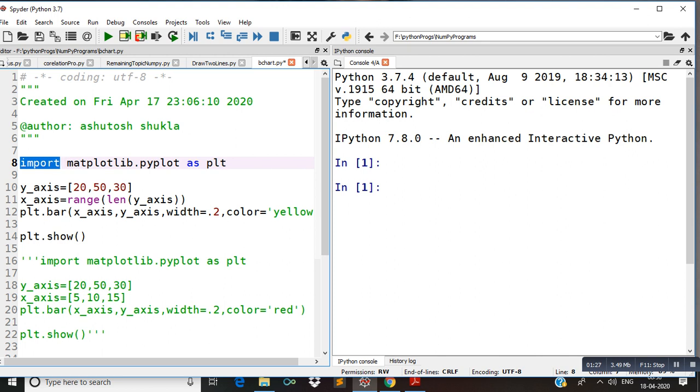And for this module another short name is created, plt. Using this name we can use the methods of the pyplot module.